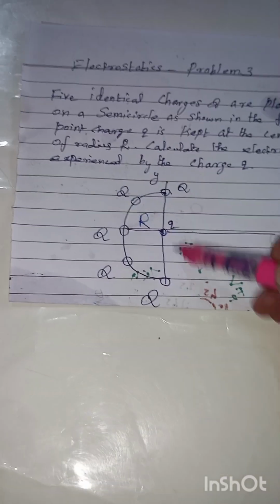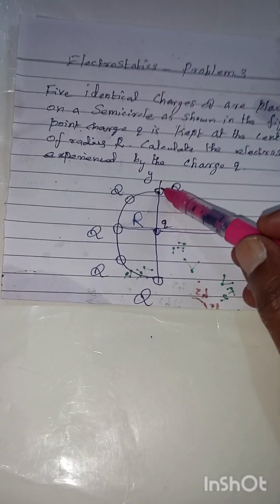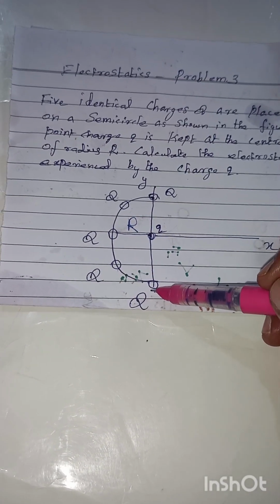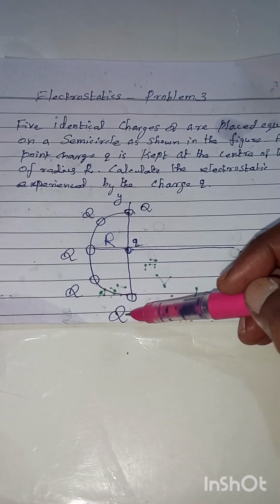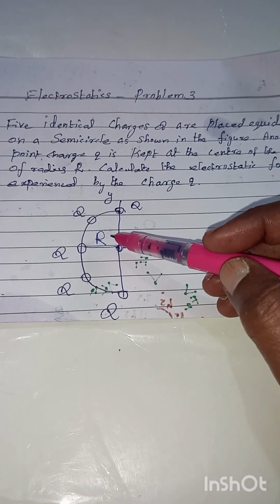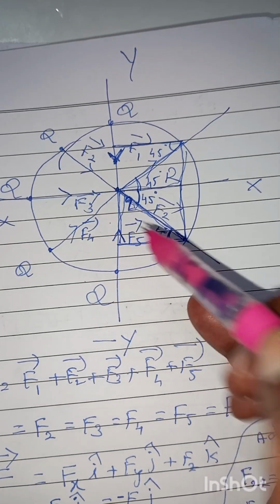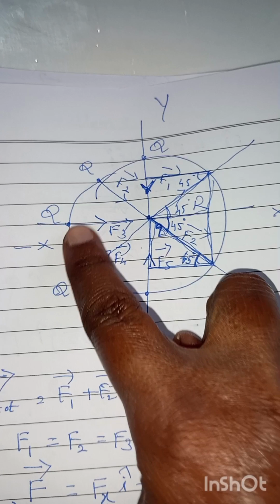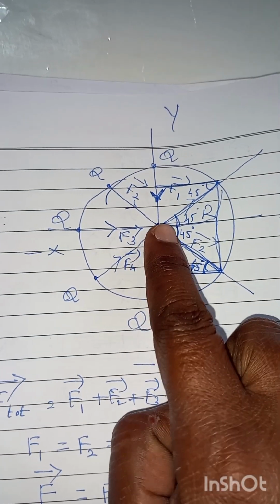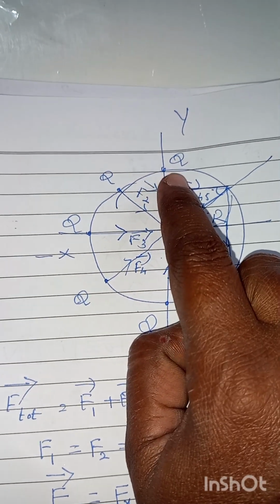So this is a semicircle and at the center is charge small q, and these are the capital Q's: charge 1, charge 2, charge 3, charge 4, charge 5, and this is radius R. For that we consider a circle of radius R. These are the 5 identical charges, and at the center is charge small q, and the forces are acting due to this